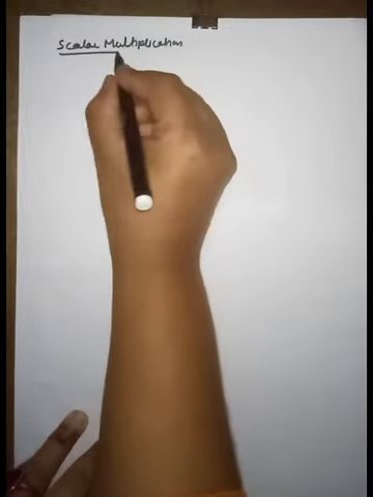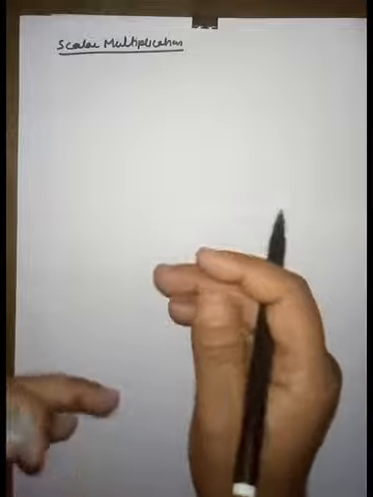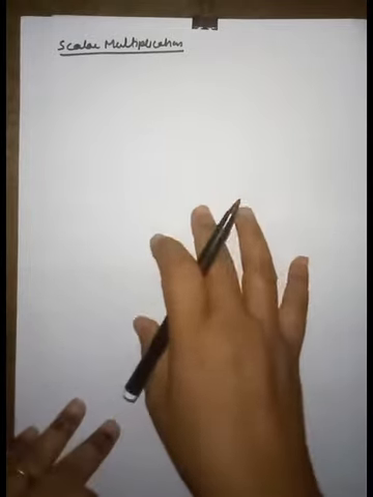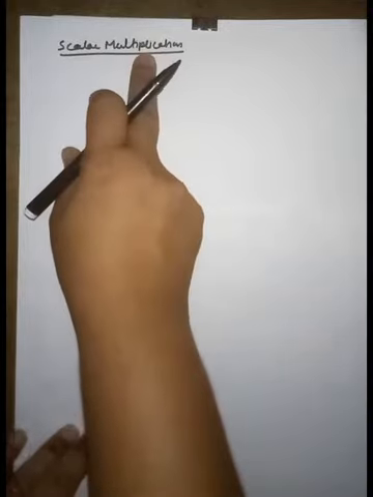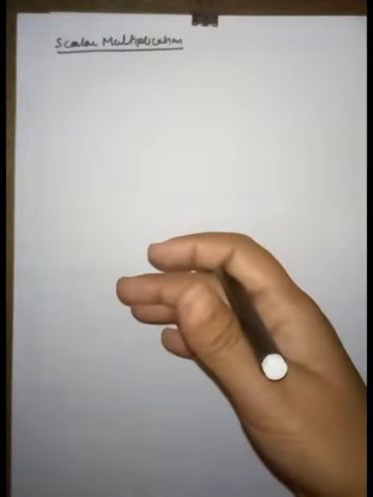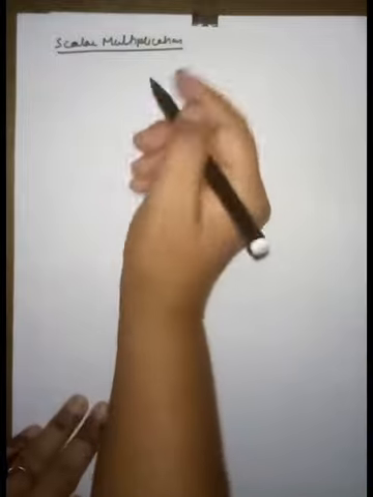Scalar multiplication of a matrix. So friends, in this case, to multiply a scalar times a matrix, simply multiply each element of the matrix by the scalar quantity, right friend? So if we write the proper definition, if